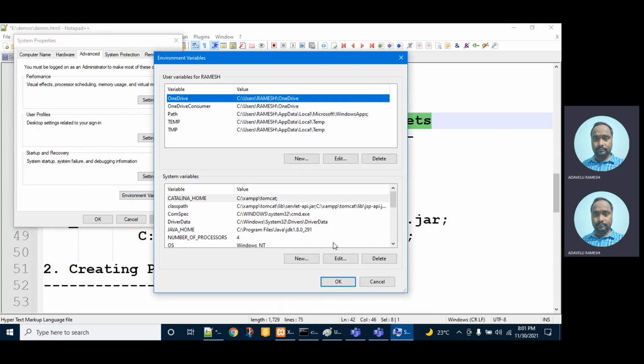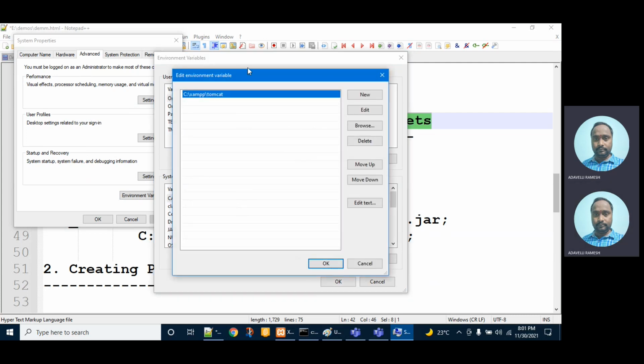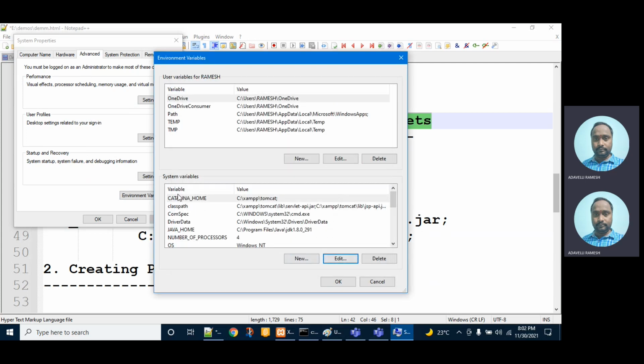There I need to set two things. One is CATALINA_HOME, which is the name of the servlet container installed in XAMPP Tomcat. We need to specify the path where it is installed.